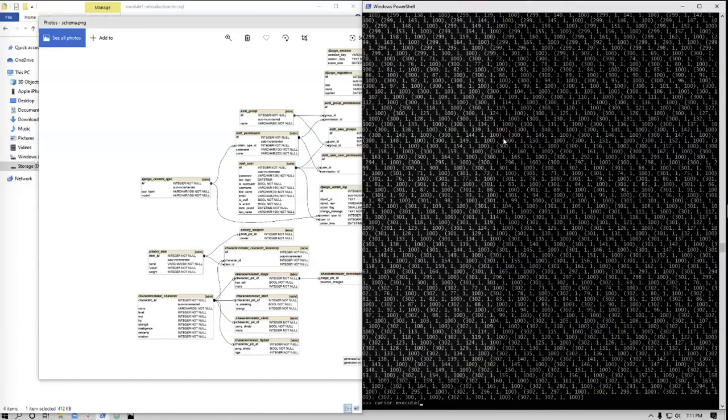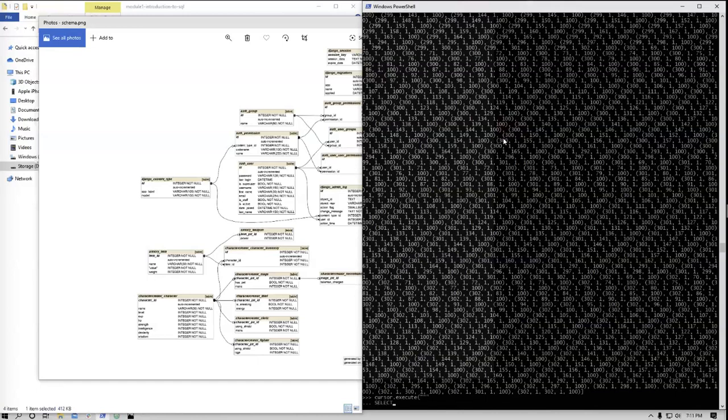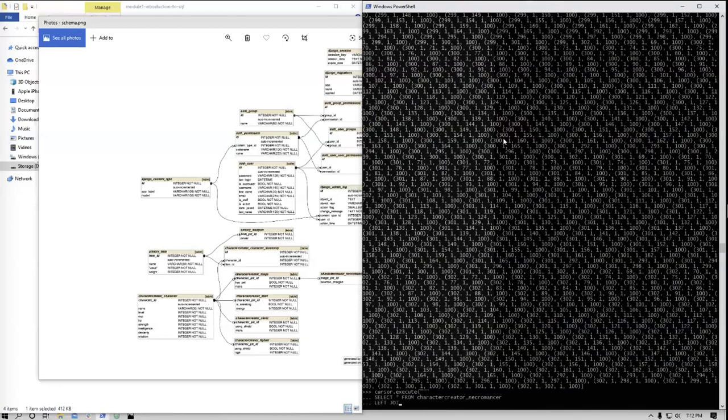All right, so let's try something different. Select all from character creator row. Answer. Yeah, left join character creator mage.